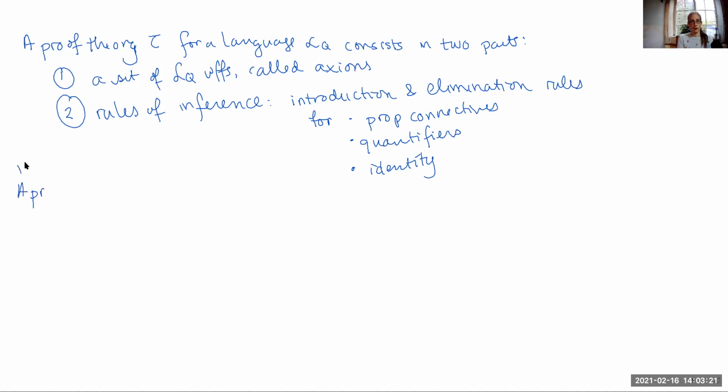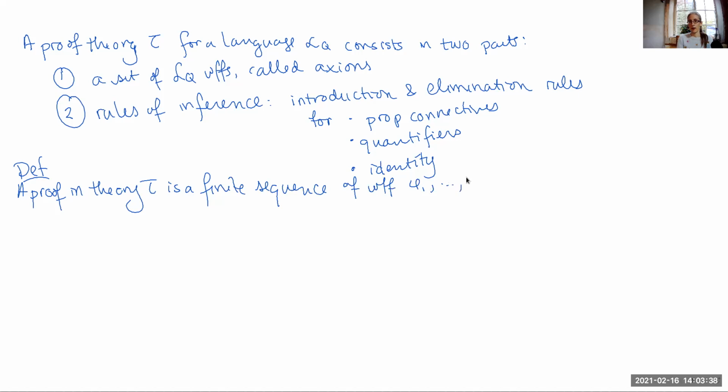And then, of course, we have a notion of a proof in one of these proof theories. So here we go, another definition. A proof in some theory T is a finite sequence of well-formed formulas, phi 1 to phi n, such that,